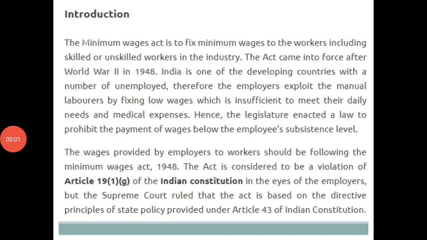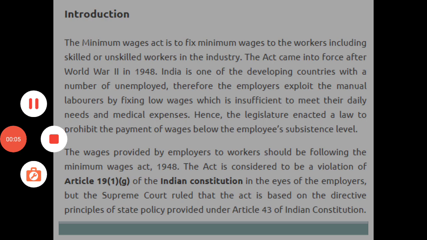In this lecture we will be discussing the objectives of the Minimum Wages Act. What is the Minimum Wages Act? See, we know the term wage. Even in unit number 1 we have studied what is compensation. So when we come across the term wage or compensation, what is wage and why is wage